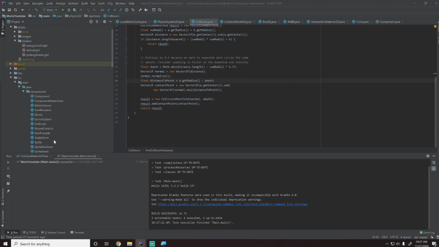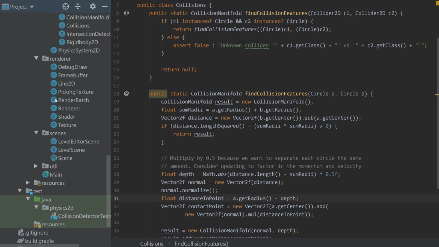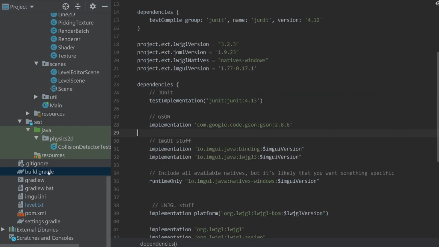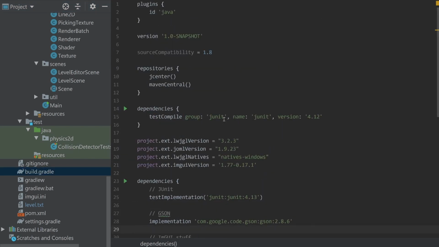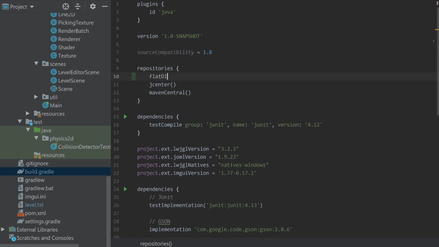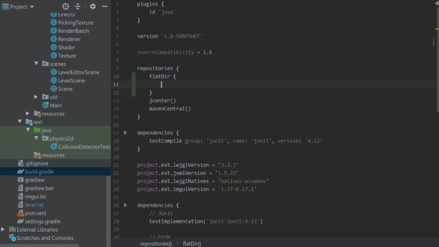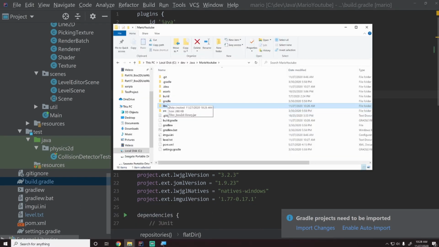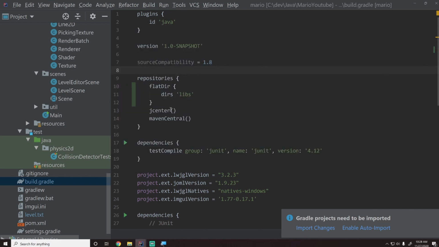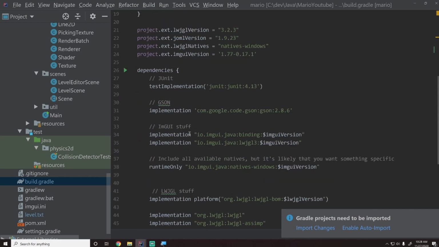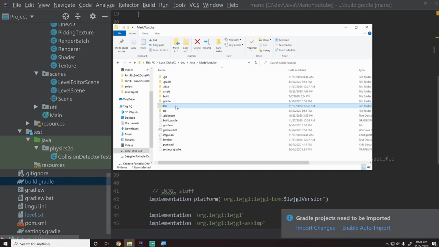And so the way we do that is if we go into our build.gradle file, which is at the bottom here, we're going to have to basically tell it, hey, we have a jar that we are adding manually to the Gradle. And so the way we do this is we first say, hey, there's a flat directory, which just basically means there's a directory on my machine, and the directory's name is libs, okay? So that corresponds to the libs folder we just created, right? So we're just telling it, hey, there's a directory called libs, and then inside of that directory called libs, we have this jar called